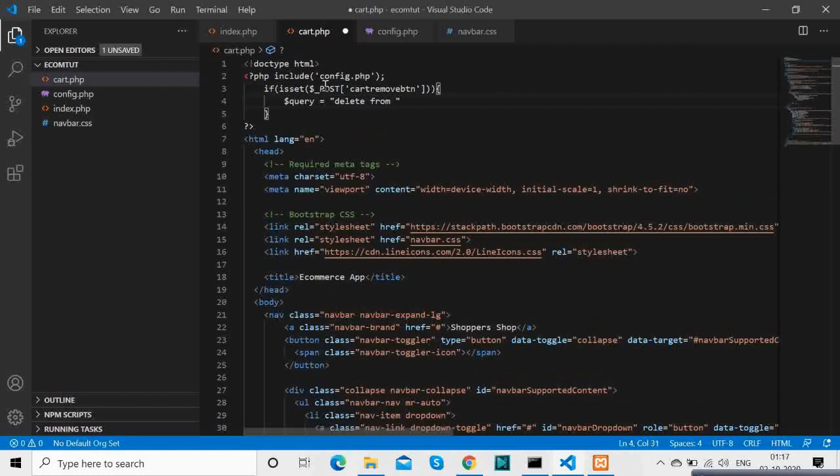So which item are we going to delete? We are going to delete that item which has that particular user ID and that particular product ID.